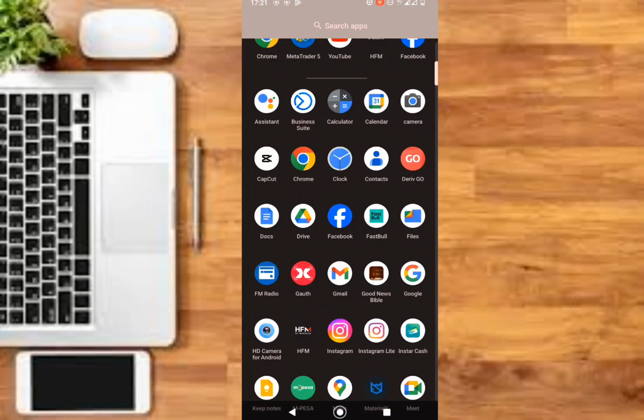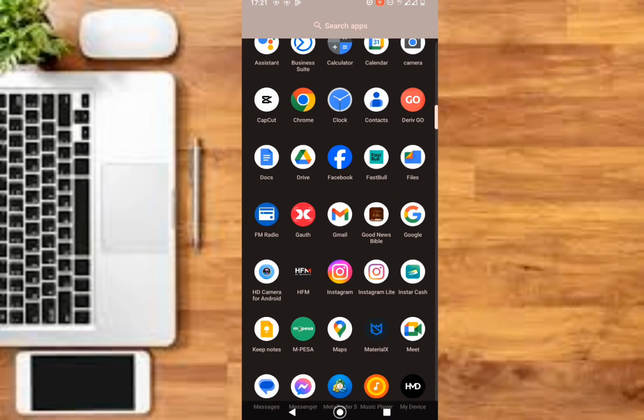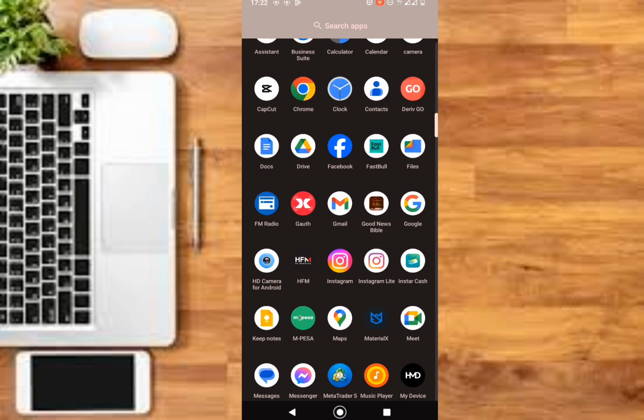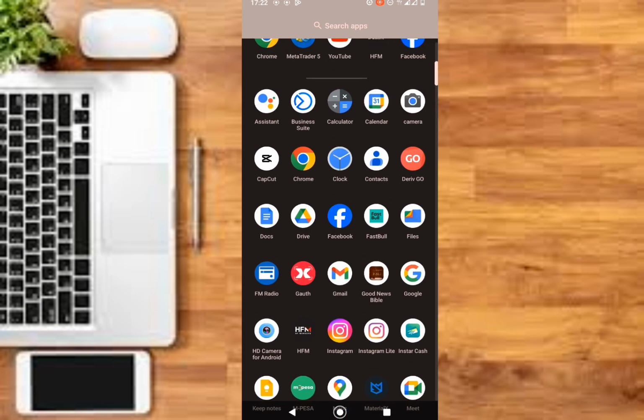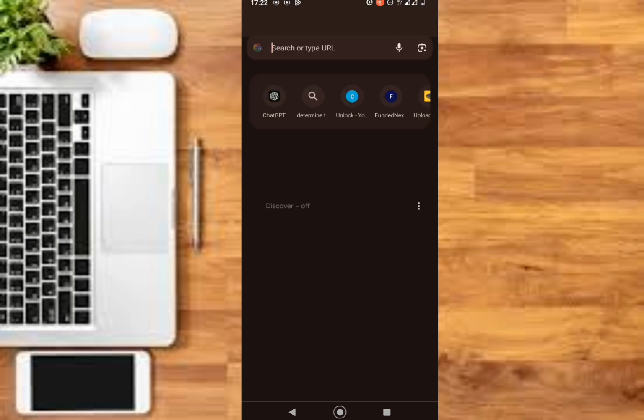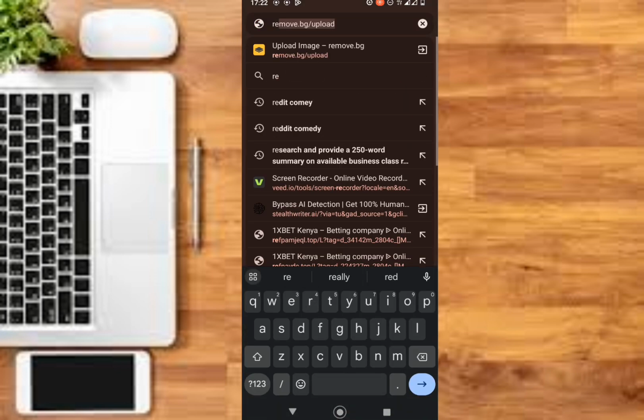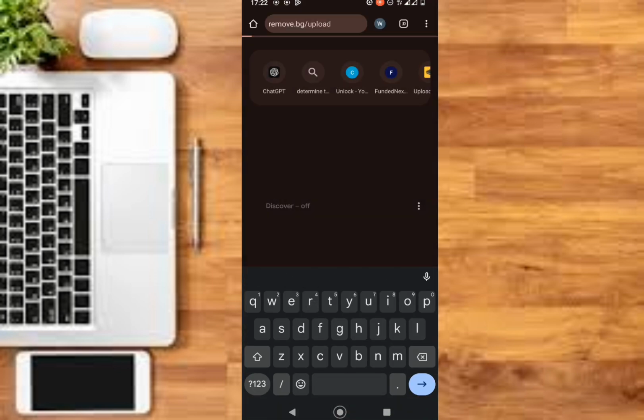In this video, I'm going to show you how to remove the background of any image without using any app. Let's get started without wasting so much time. The first thing you need to do is to open your Chrome browser, then type remove.bg, this one here, then